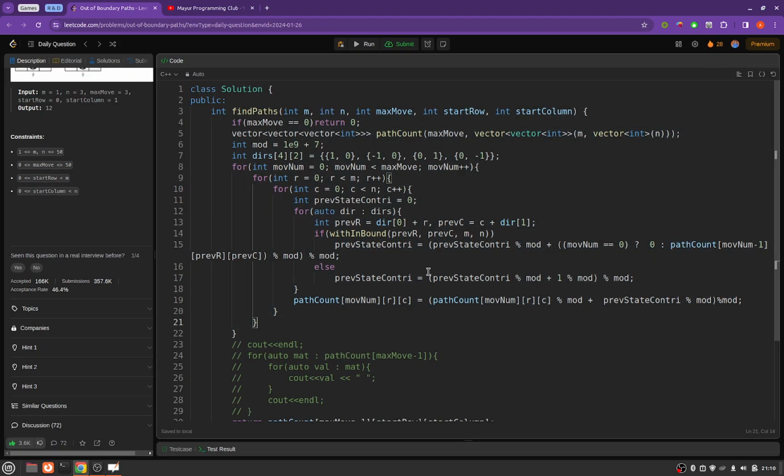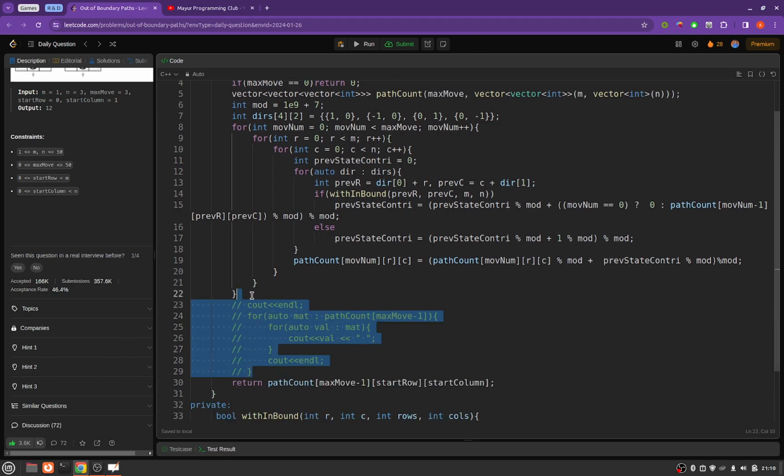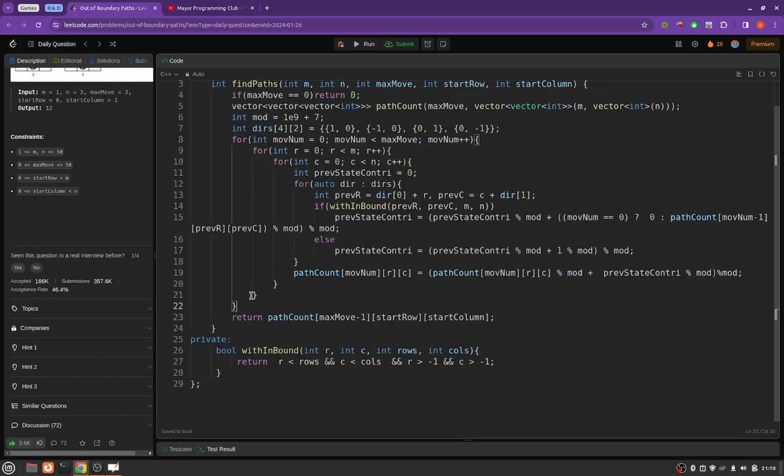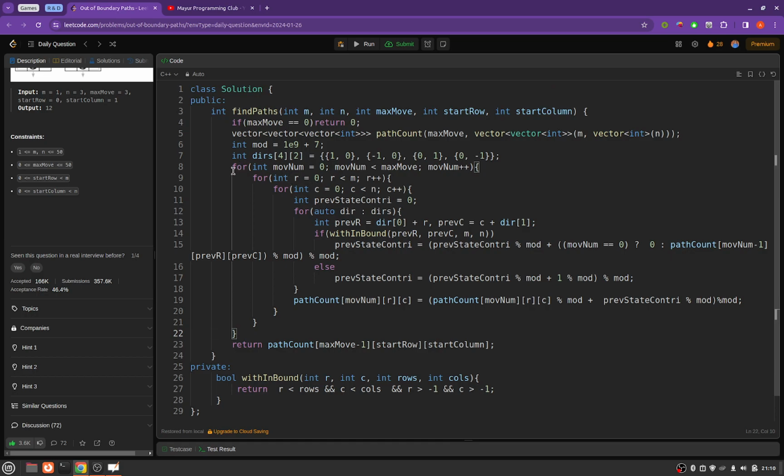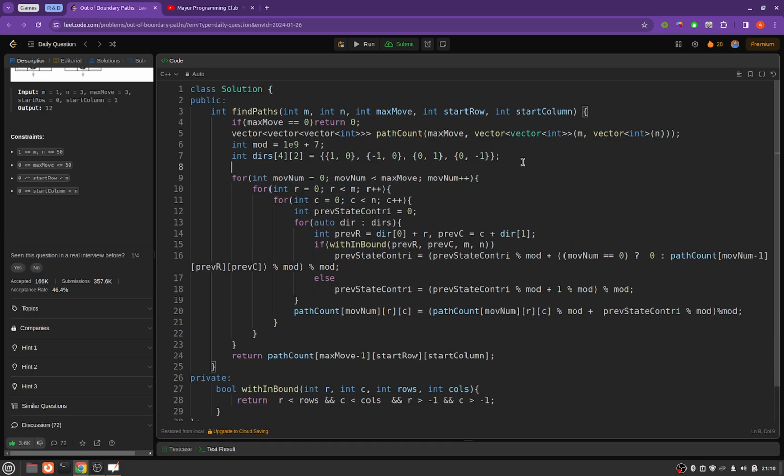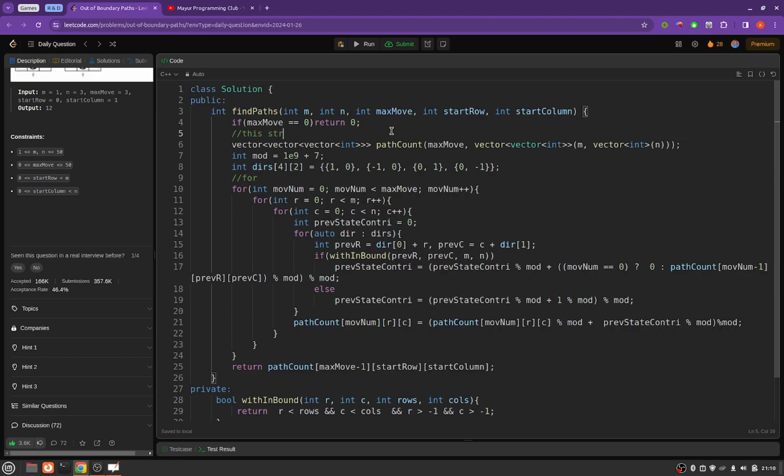So this is the implementation part. This was for debugging only. I am removing it as of now. So for each move number, there will be a different board state. First of all, if let's say there are 0 moves allowed, it is mentioned that move number can be 0 also, nummax moves. So you will return 0. Other than that, this structure will be used to store the results of each subproblem